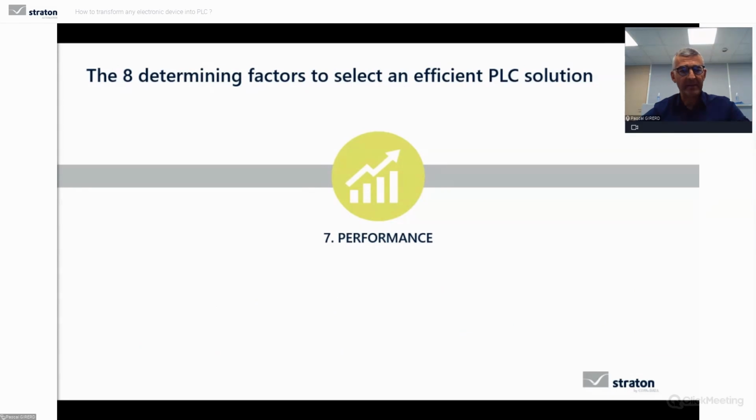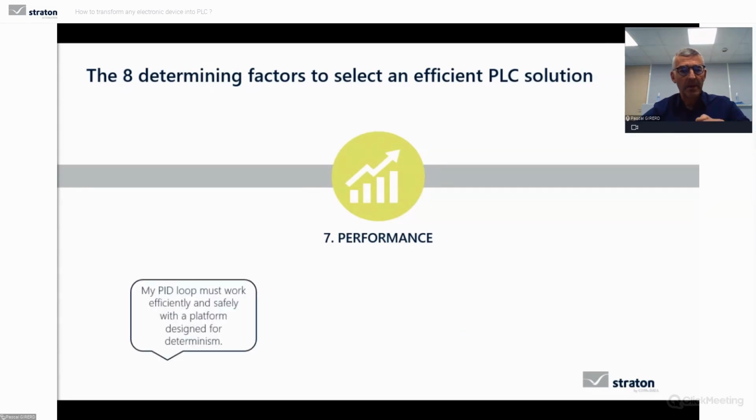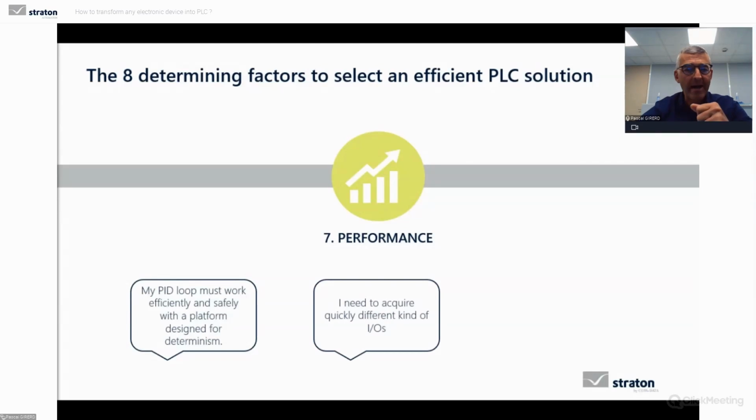It's also performance. My PID loop must work efficiently and safely with a platform designed for determinism. That will mean use of real-time operating systems. Or I need to acquire quickly different kinds of IOs.